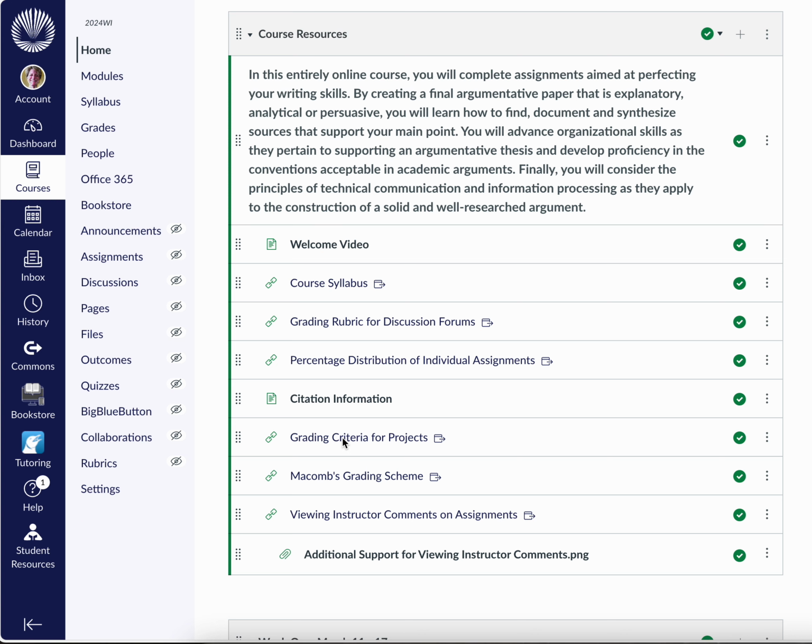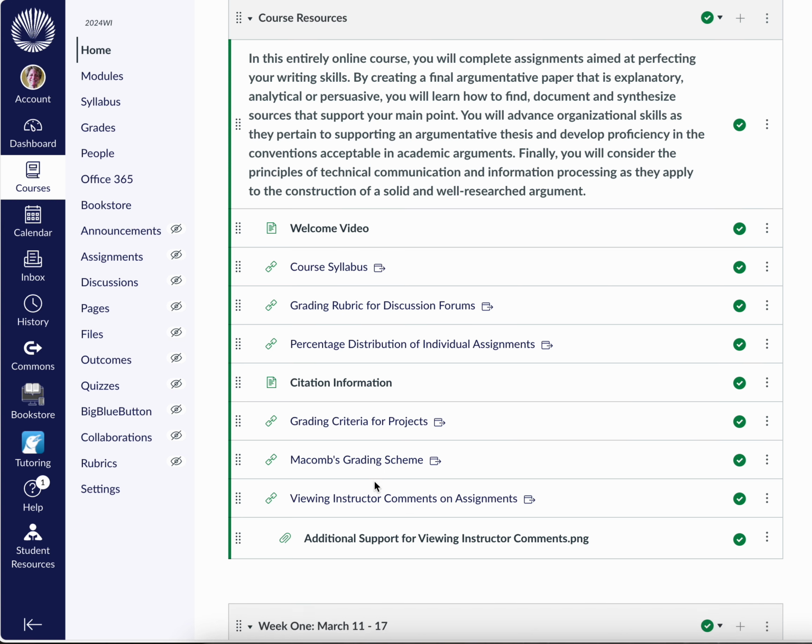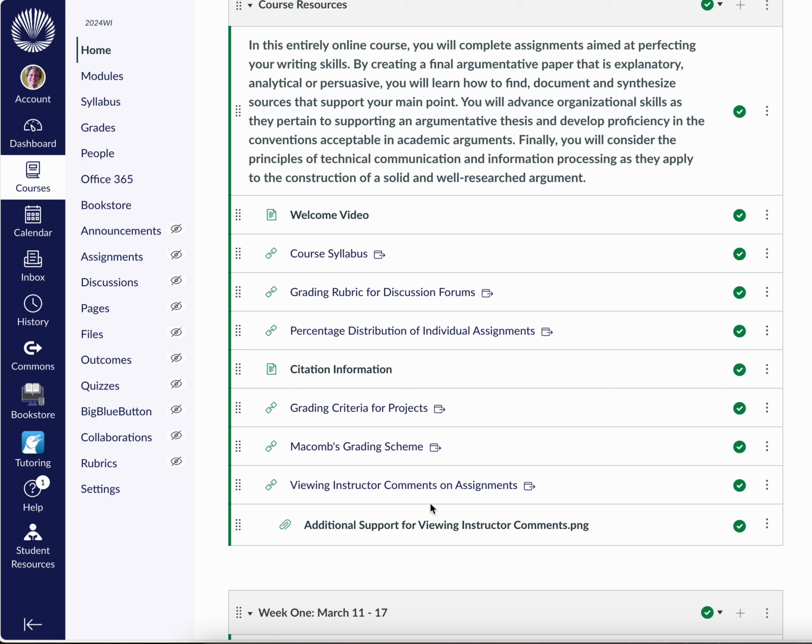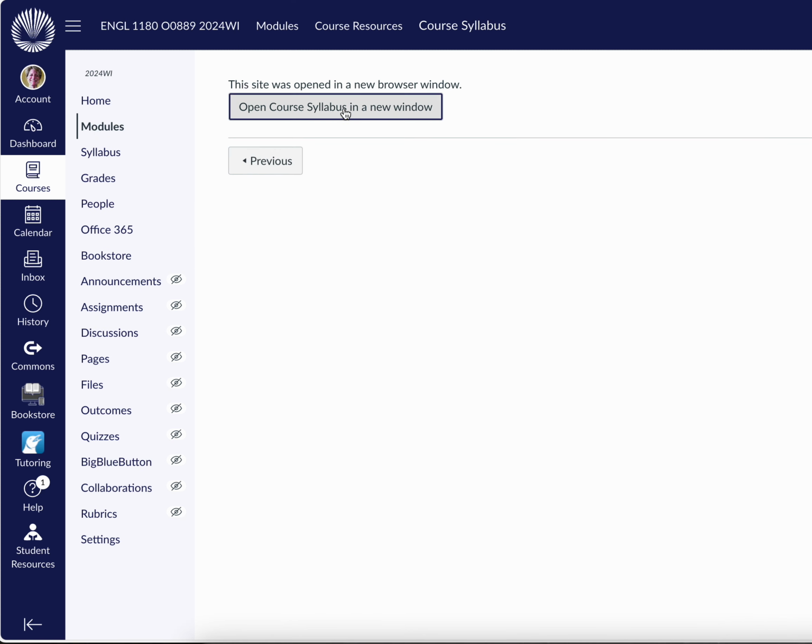These are your grading criteria for the projects. You've got McComb's grading scheme, and these are really important 3 times throughout the semester for project 1, 2, and 3. When you're in the draft phase, I'm giving you feedback on that via a screencast, much like what you're watching right now, where you'll see your paper on the screen and you'll hear my voice walking you through corrections and suggestions based on what I'm seeing in the paper as a whole. So how to get to those is an important part of the course, and I'm going to show you that in just a minute.